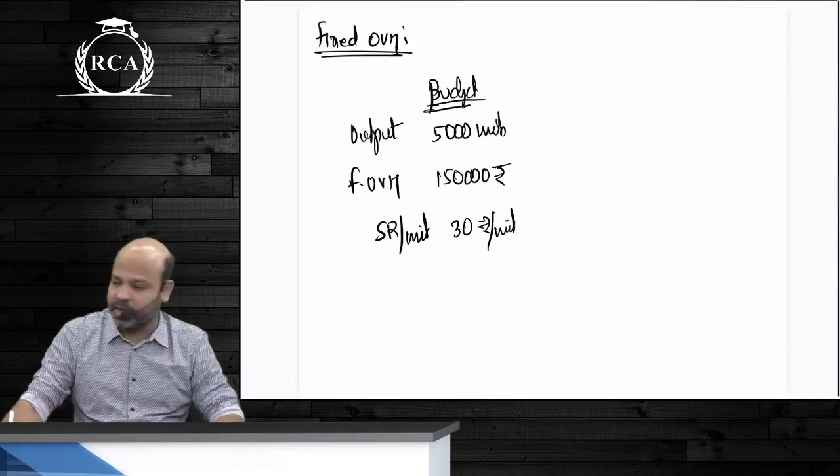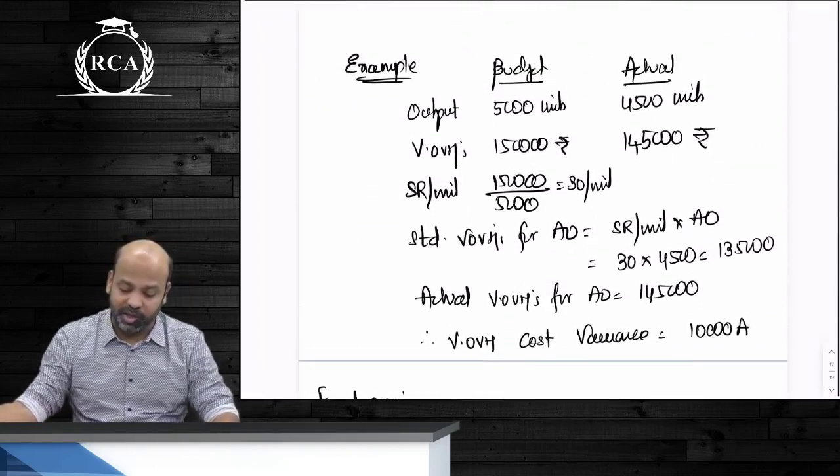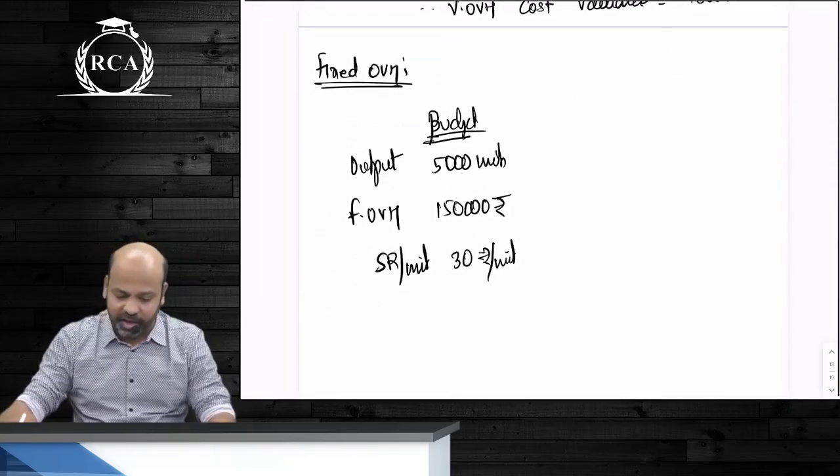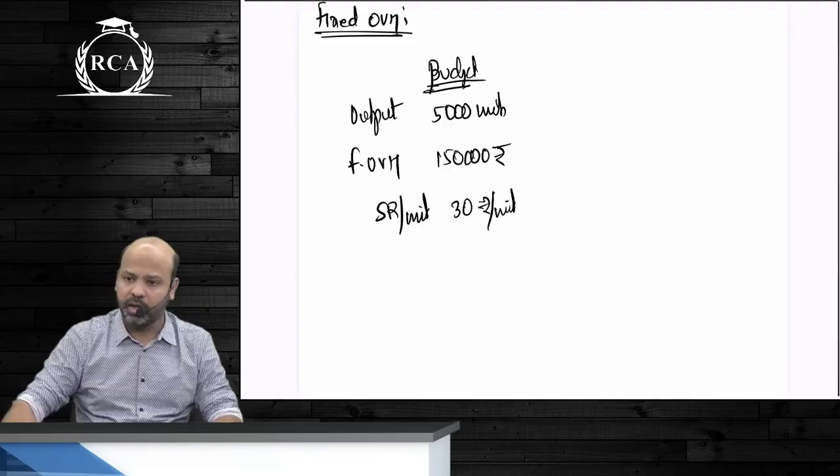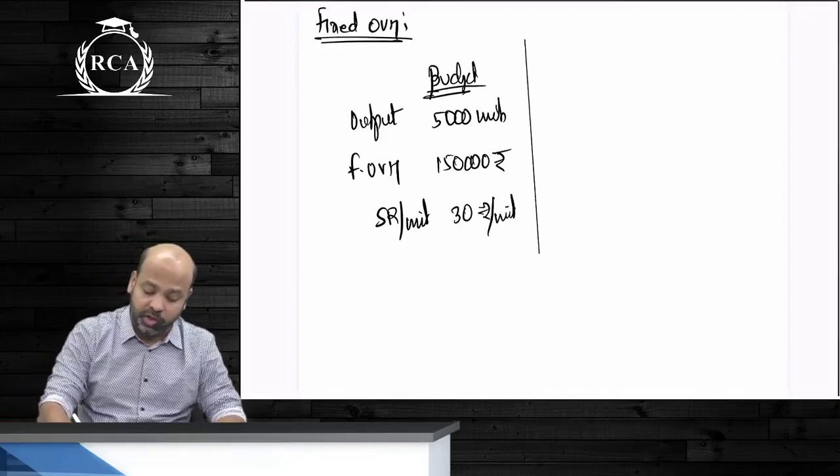Standard rate per unit, guys, will be 30. I am giving the same example. Standard rate per unit, guys, will be 30 rupees. All right. What if your actual output